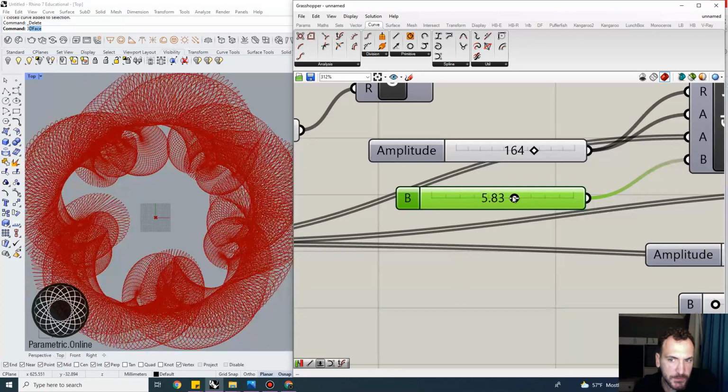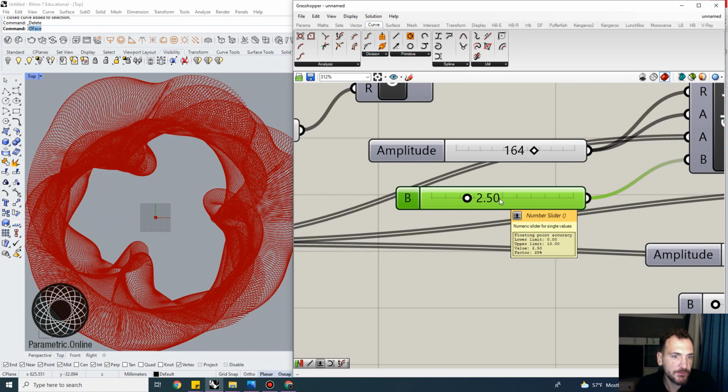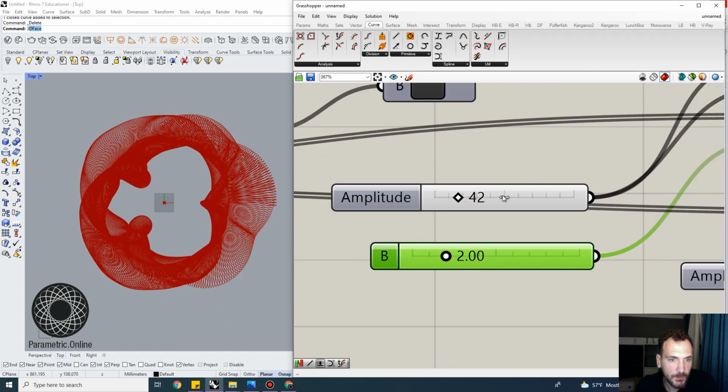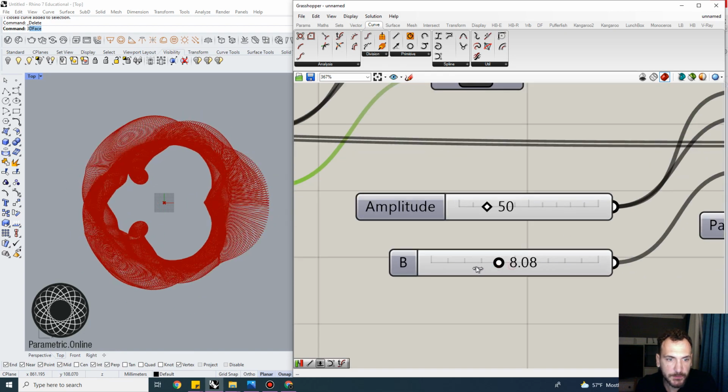So let's switch to, let's keep this actually low, maybe between 0 and 5. So I'm going to keep it at 2.5. All right, that looks good. This one, let's keep it at 2. Maybe the radius is small here. And this one,